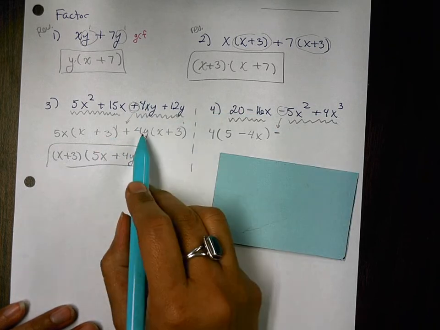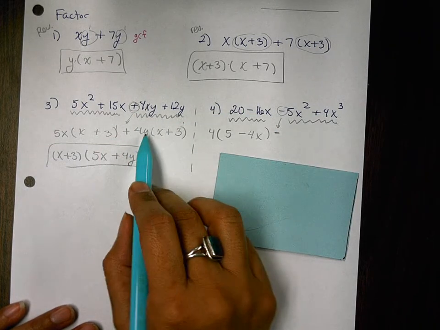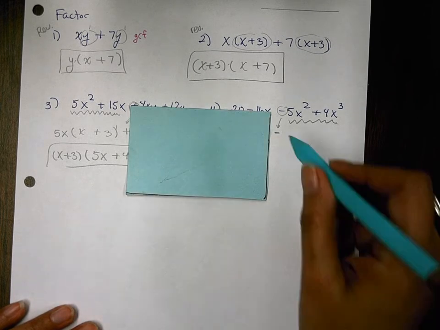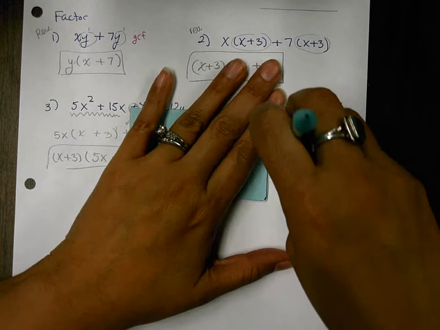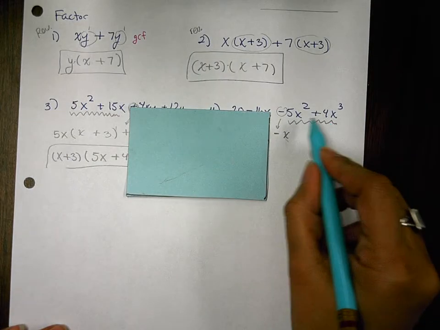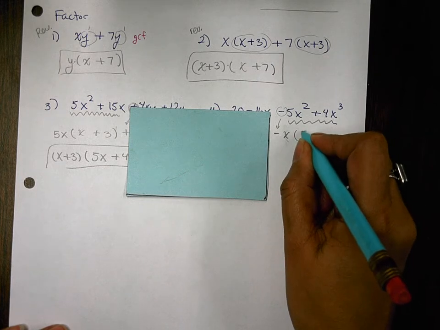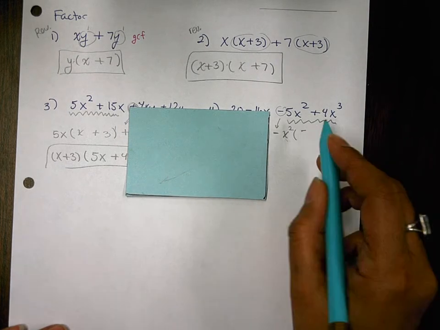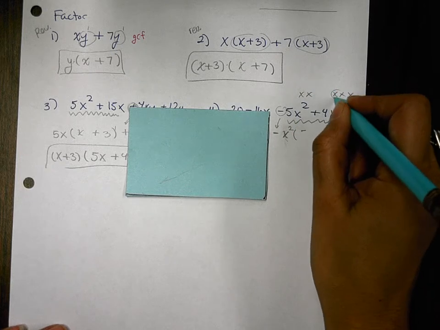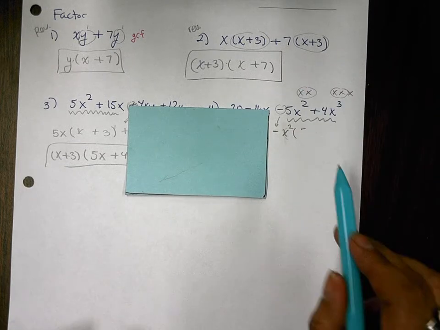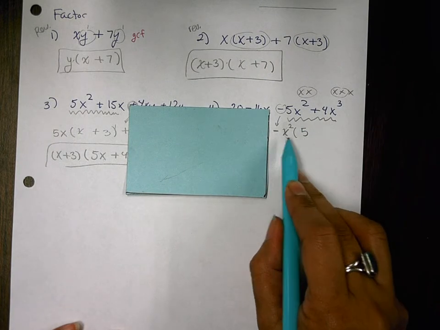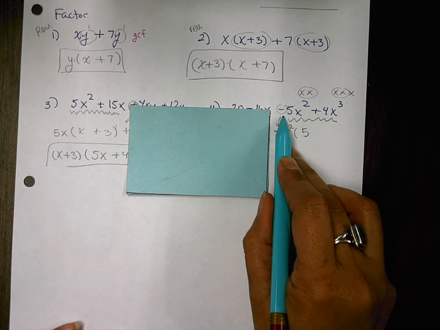Over here, I was taking out a positive 4y, so I didn't have to do any special thinking or flipping signs. When you're factoring out a negative, it does change your signs, and here's why. We're not taking out just a negative, we're taking out a negative x squared, because they both have an x in common. That's an x squared, that's an x cubed. How many do they have in common? x squared. Now what's going to be left behind is a positive 5, because negative x squared times 5 is negative 5x squared,